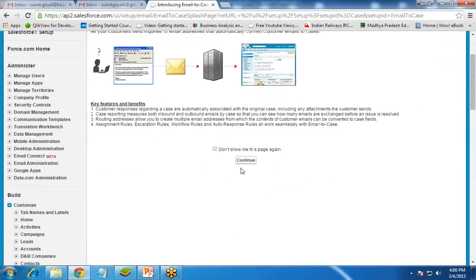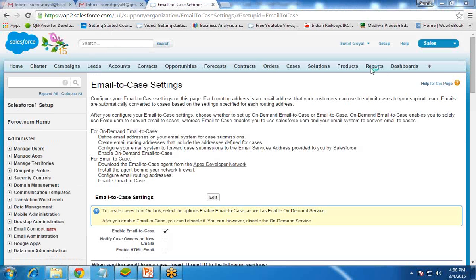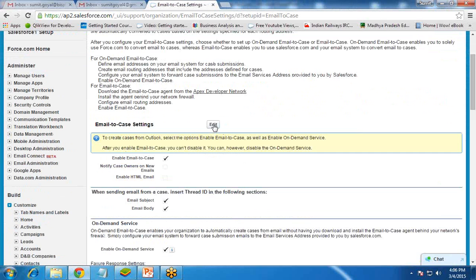I click on Email-to-Case, continue, and here you have to edit it and make sure this is activated. By default it is not checked; I have already checked it once. In your case, if it is not checked, click on Edit and check it.